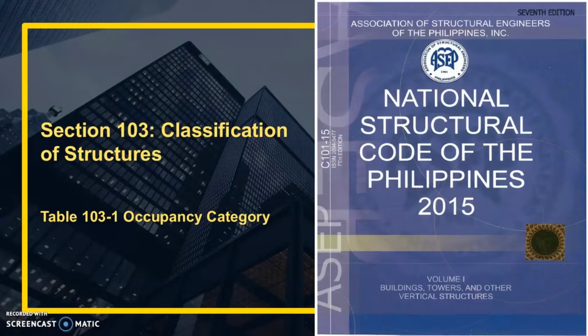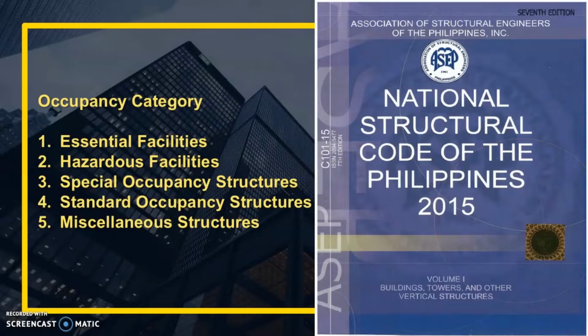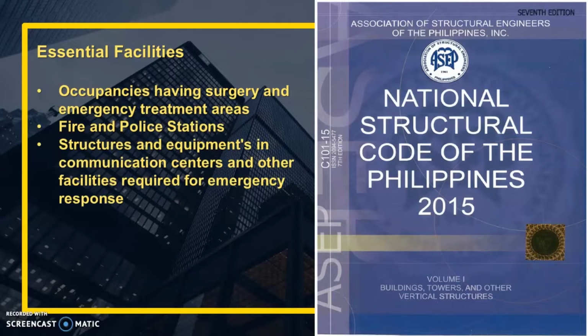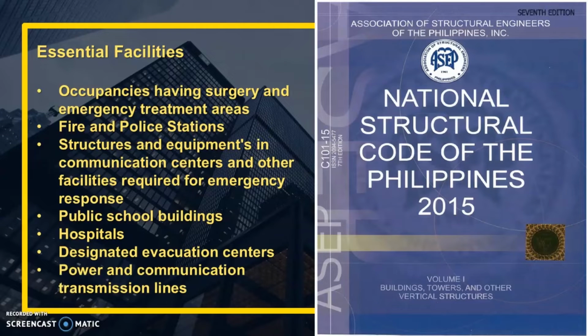So in section 103, we have classification of structures and meron table 103-1 occupancy category. So we have 5 categories of occupancy. We have essential facilities, hazardous facilities, special occupancy structures, standard occupancy structures, and miscellaneous structures. So example ng essential facilities, we have occupancies having surgery and emergency treatment areas, fire and police stations, structures and equipments in communication centers, and other facilities required for emergency response, public school buildings, hospitals, designated evacuation centers, power and